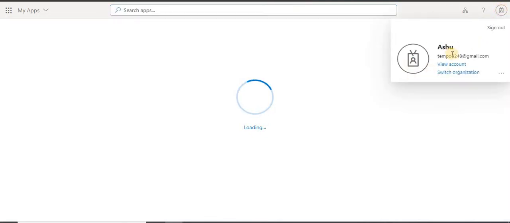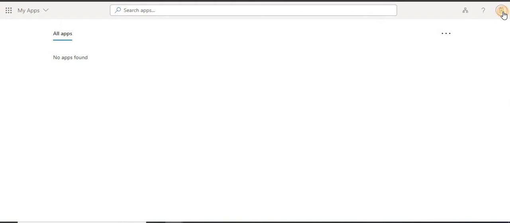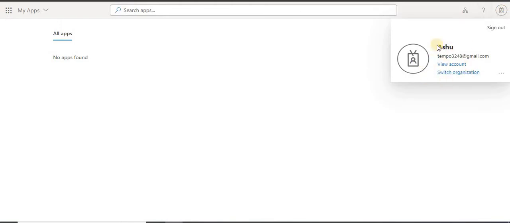So now I'm trying to log in that portal using that temporary email address. Okay, it is loading. And see, I am in the portal using my temporary ID. Okay, so this is how we can invite someone.